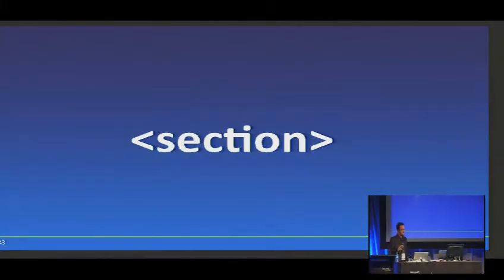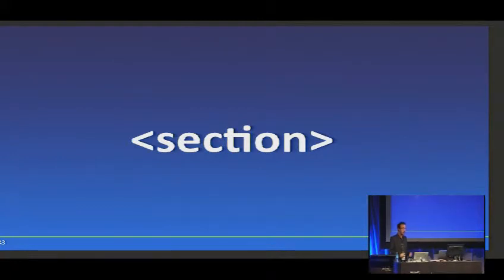Now, the section element is a tricky one, because essentially what this does is it represents a section of a document, and a section itself can have its own hierarchy. So you can have 5 sections on a page, and within each of those sections you can have an H1, but they all relate differently to each other. You can nest it.